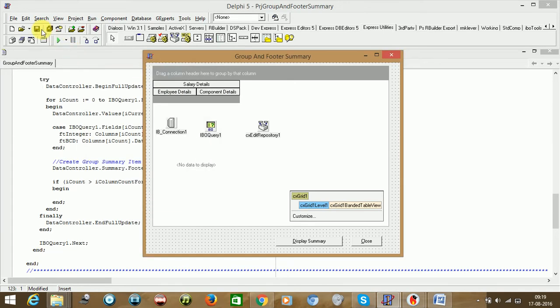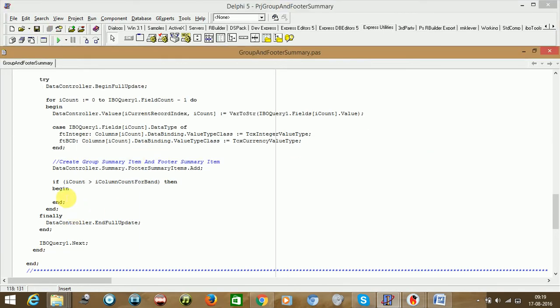Now close, save this. Now what we will be doing here is first the header alignment will be given to the right hand side columns, or even if it's better to give it again here. If you are not giving, then better to give it, so there should not be any issues.